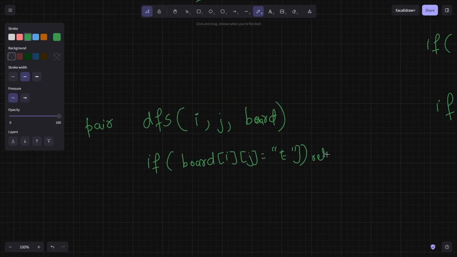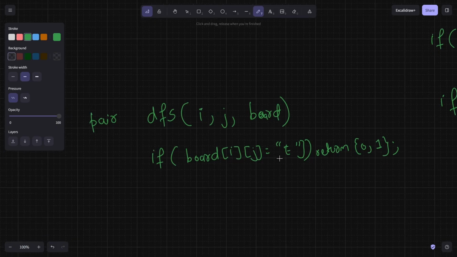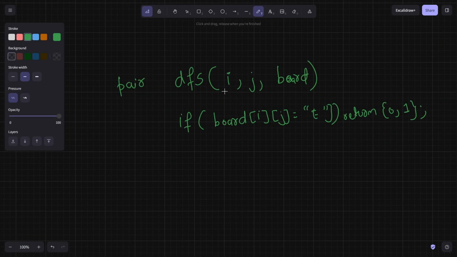So we have to return 0, 1. There is one way to get to end, but we are not getting any extra score while getting to end from its neighbor. Okay, call it adjacent. And the next thing is,